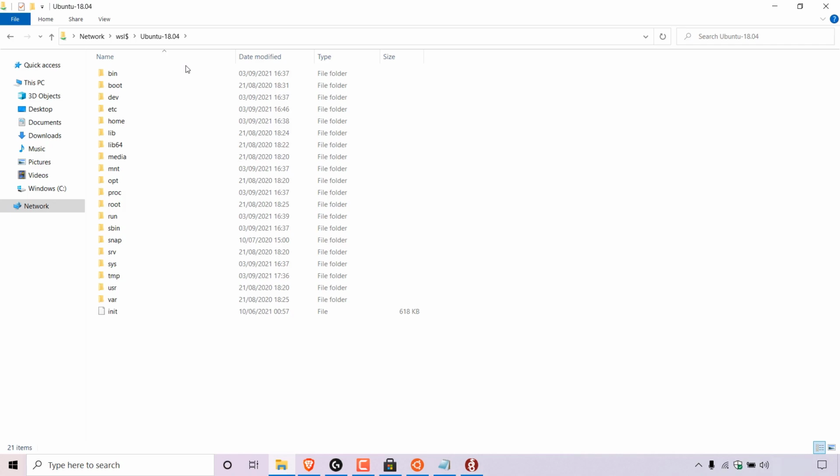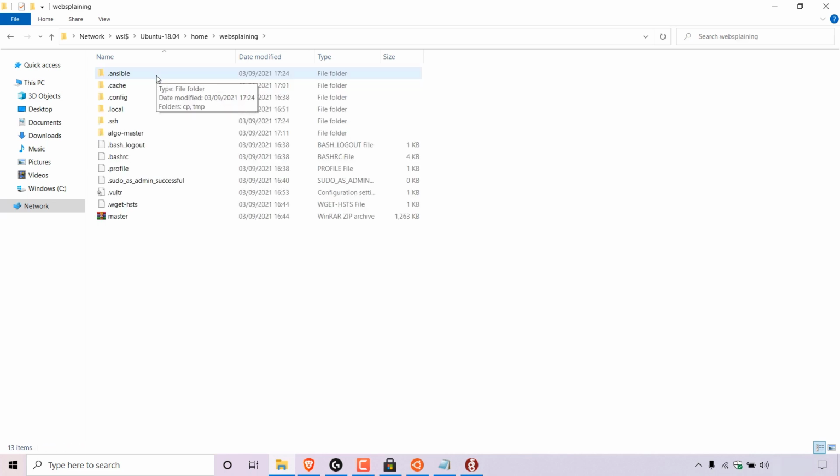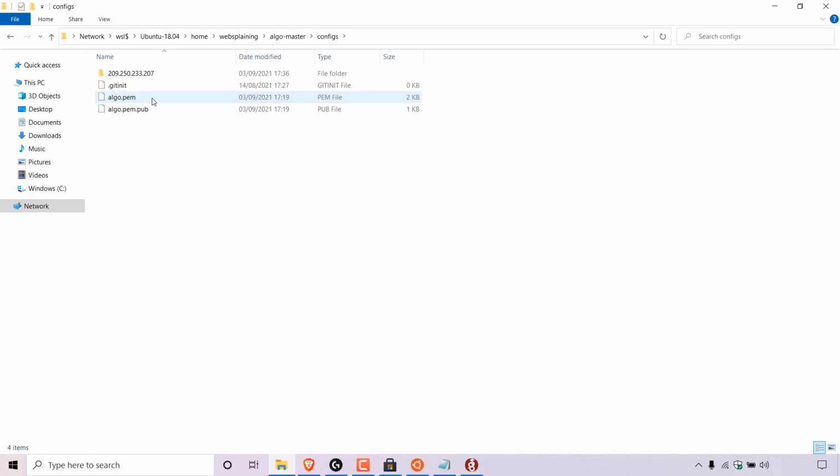Once here, guys, you'll be able to see all the directories in your Windows Ubuntu subsystem. Find the folder called home and double click on it. Once done, double click on your UNIX username, which in my case is websplaining. Next, locate algo-master and double click on it. Once here, look for configs and double click on that. You should then be able to see one more folder, which in my case is called